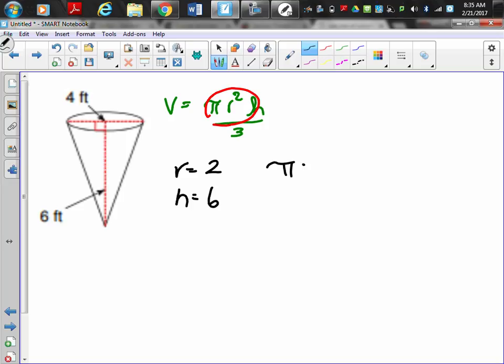2 times 2? 4 times, my height is 6, and then divide by 3. So 24 pi, I agree, divided by 3. What's 24 divided by 3? 8. So 8 pi. Remember we leave that pi all the way to the end because pi is the same as